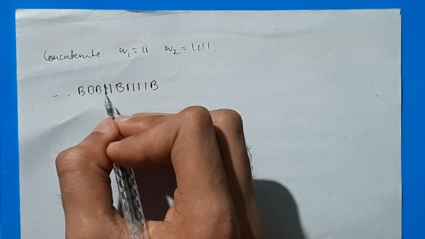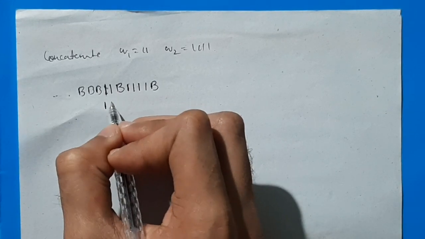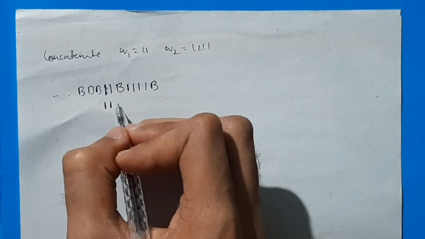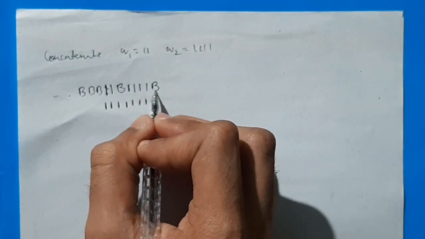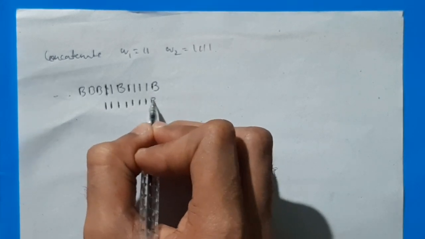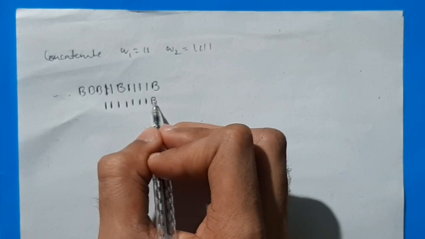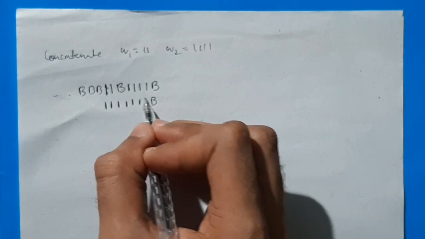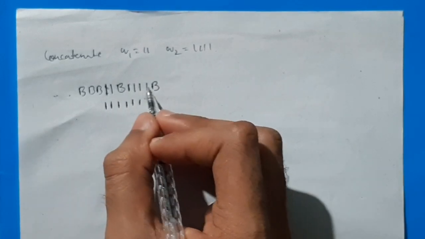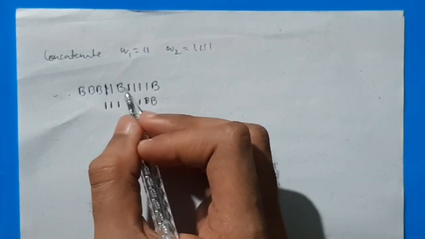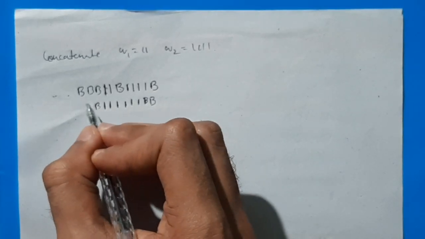So whenever we encounter 1, we'll keep it as 1 and move to the next state. If I encounter b, change it to 1, move to the next one. All the ones will be kept as such, and when we encounter the last b, we have to keep it as b and move to the left. And the 1 which is nearest to the last b is also converted to another b. Why we are doing this is because the earlier b was converted to 1, therefore this one should be converted to b, to keep the count of ones the same. So we'll come back here, ignore all the n number of ones here, and after that this b will remain as such. Okay,